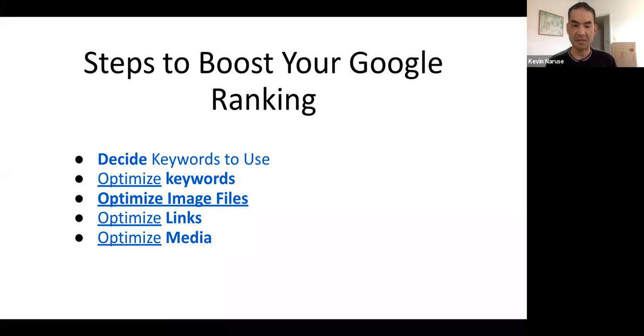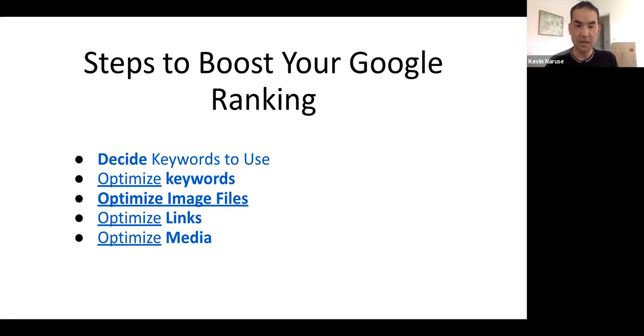Oftentimes there's a trending hashtag or a trending keyword when you go online, whether it's on Twitter or Google, and you'll notice that the keywords you choose are really important because they have to match the intent of the reader. If somebody's looking for headache relief, they're not going to be typing in depression in their search. So you want to be accurate and convey that information accurately to the search engine.